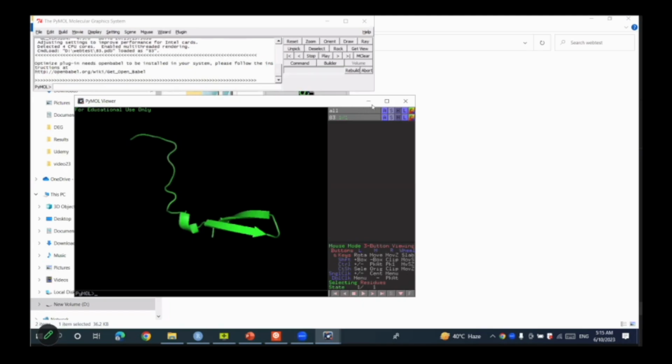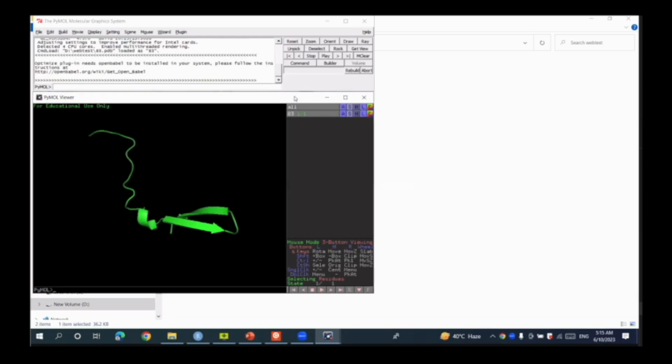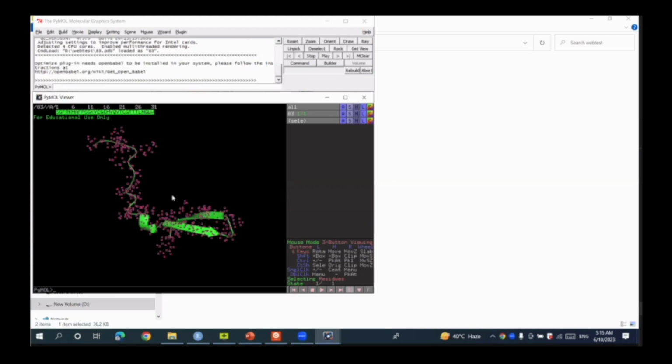I hope you can hear me. So let's start this practical portion. Right now we are going to bring a very small protein. As you know, proteins are usually large macromolecules, but just for the sake of demonstration, we are bringing a very small protein, and this protein is just 30 amino acids long. As you can see, this is just a 30 amino acid long protein,